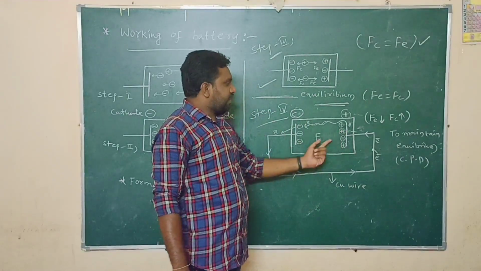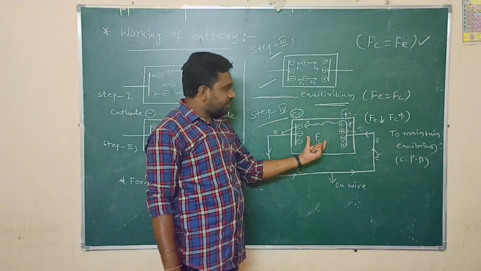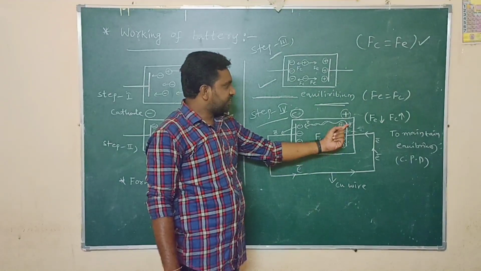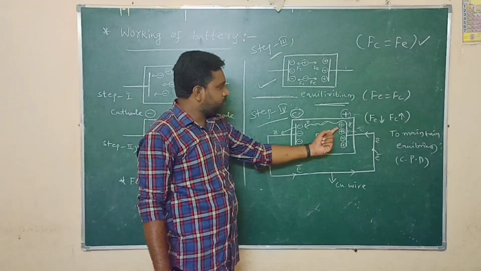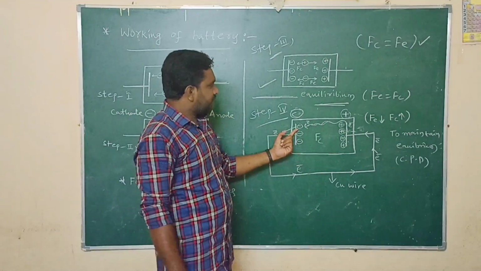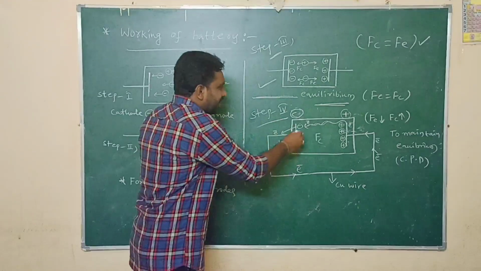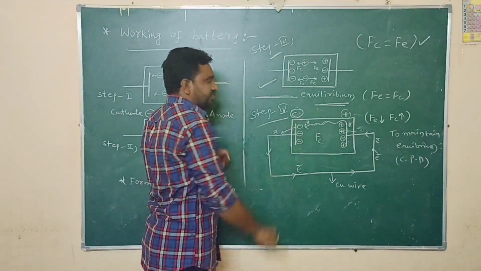Once the electron comes near to the anode, immediately the chemical force acts on the electron. Again it shifts the position. It just removes the electron from anode to cathode. So again this free electron comes near to the negative electrode. So again here, minus both repel each other.